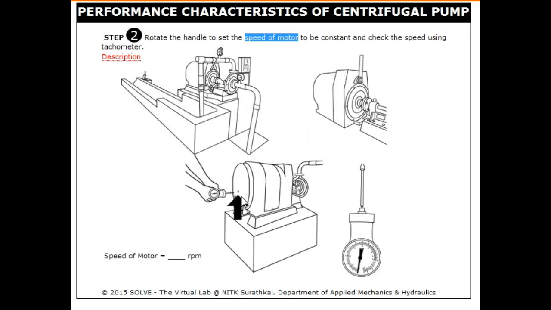You can see we have a tachometer here. In this region we see a tachometer, which gives the speed of the motor in terms of RPM, rotations per minute. We will insert this inside the measuring region. This hole will get connected to the motor shaft so that you can read the speed of the motor. Here it is going to display 1000 rotations per minute.